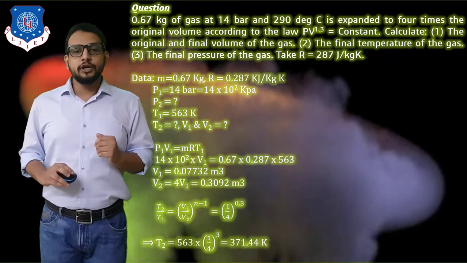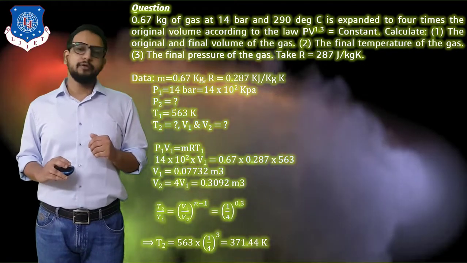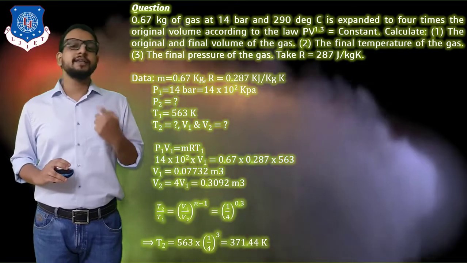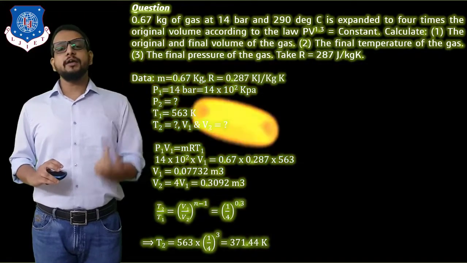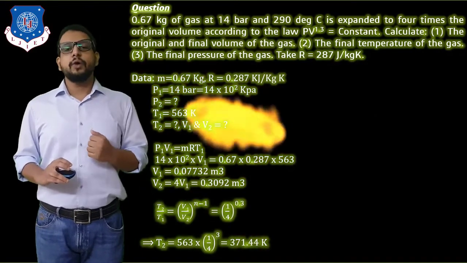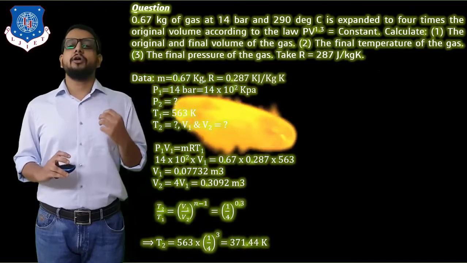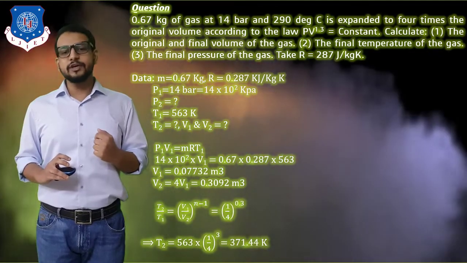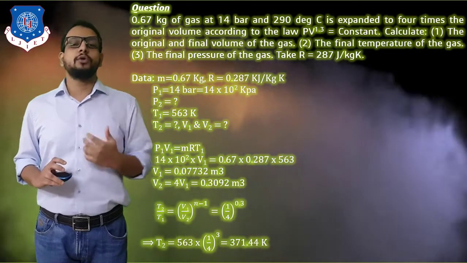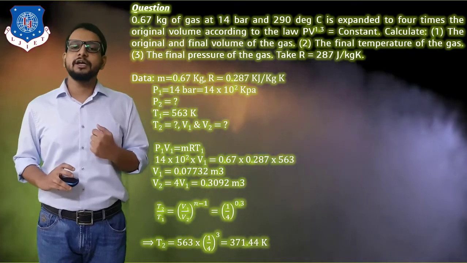Now our next task to determine final temperature, that is T2. Now think about it, how we can do that. So we would say we know PV relation for this polytropic process. What is that? So we would say T2 by T1 is equal to V1 by V2 raised to n minus 1. Now see carefully whether the requirement of this formula is satisfied or not. So we would say that in this equation V1 is known, V2 is known, and even T1 is also known, that is 563. So we can determine a fourth parameter, that is unknown, temperature T2.